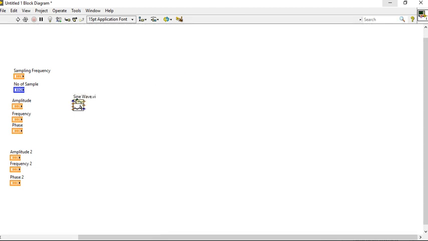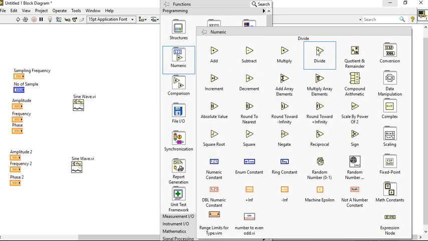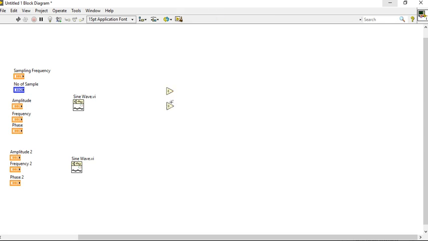Now duplicate it. Right click here, take a divide option, and duplicate it here: the frequency divided by the sampling frequency to create the frequency.